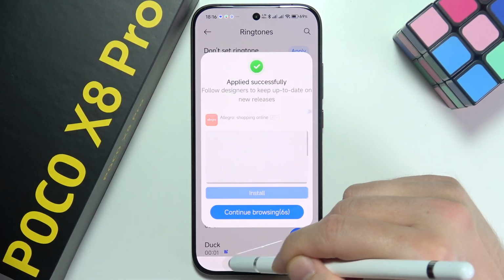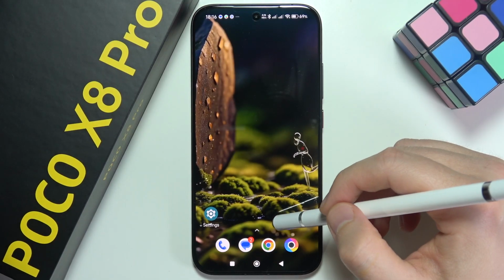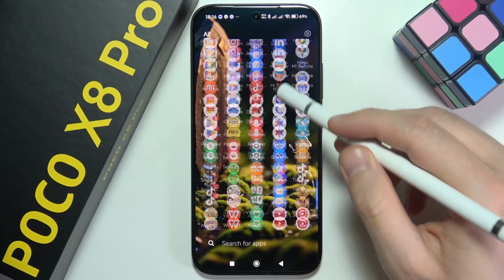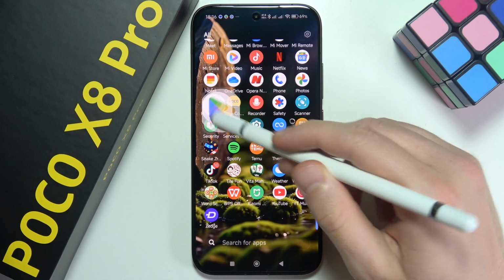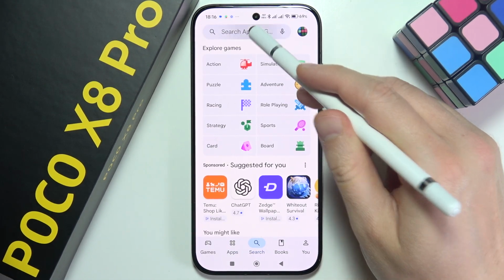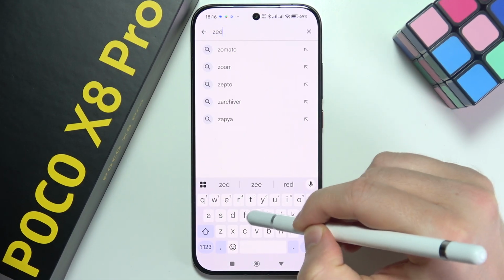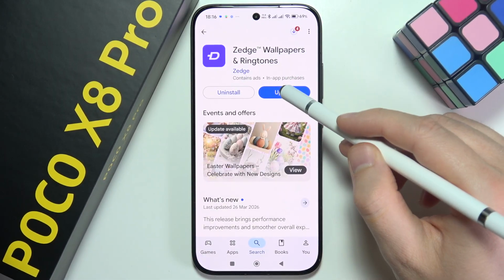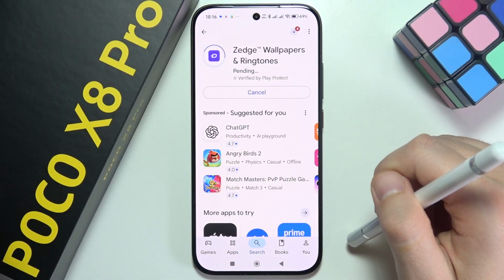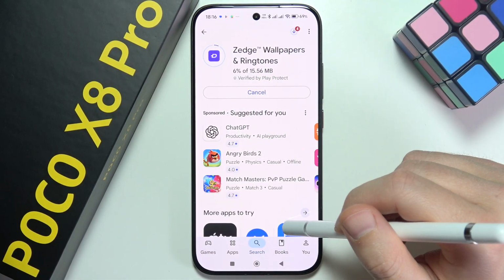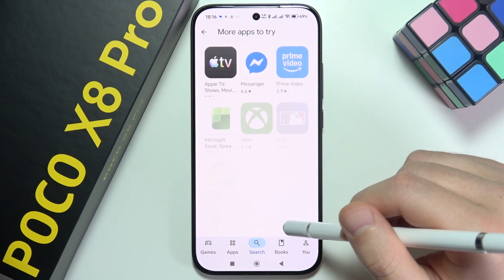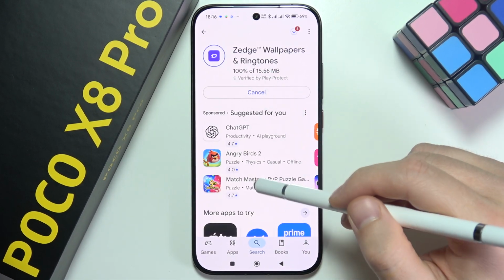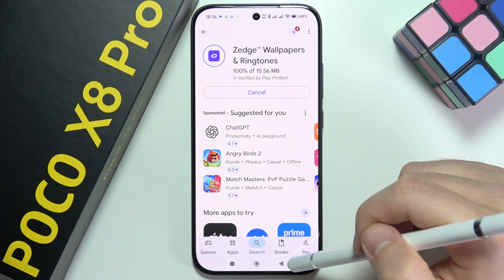The second method, if you don't have any music or songs, you can simply use almost any application from the Google Play Store that will allow you to download some music. I can recommend, for example, this one, Zedge Wallpapers and Ringtones. Of course, we have to get the latest version of this application, and now when it's already updated, we can